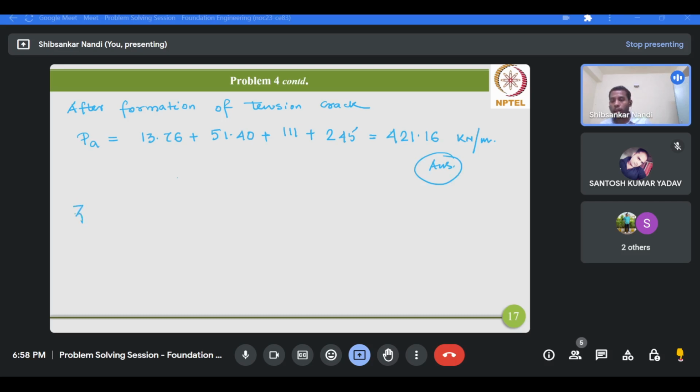Now we have to calculate the Z bar value as well. That is the line of action of PA from the base of the wall, and for that you have to take the moment about the base. So it is summation of PAi Zi bar divided by summation of PAi. Summation of PAi we have already calculated, 421.16. Now for summation of PAi Zi bar: